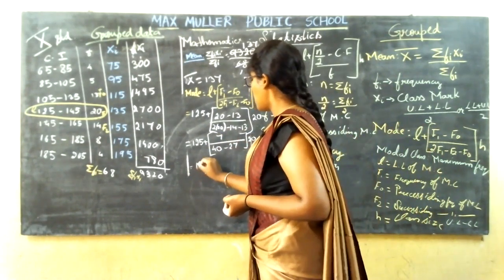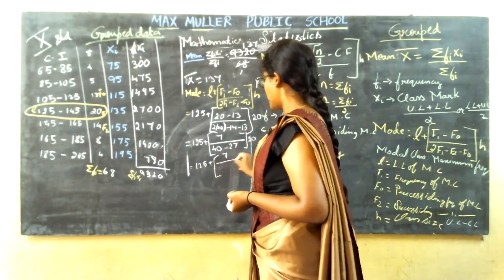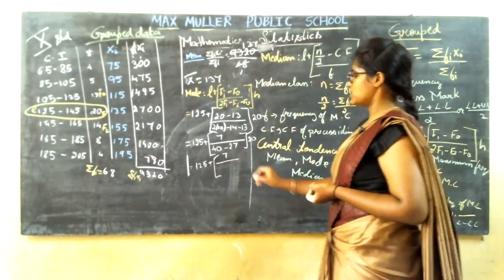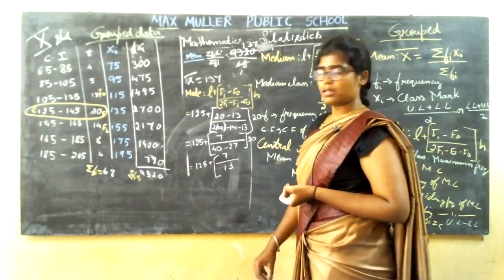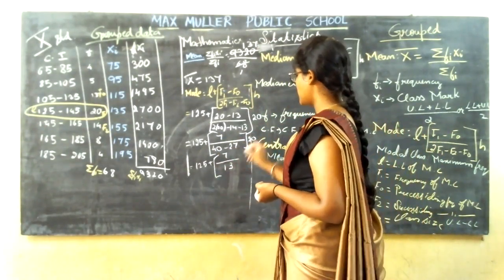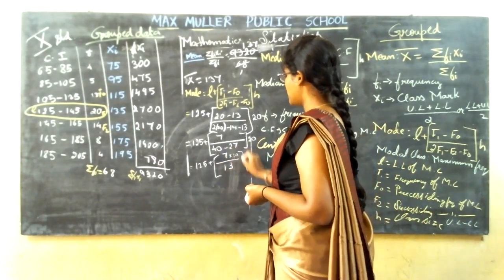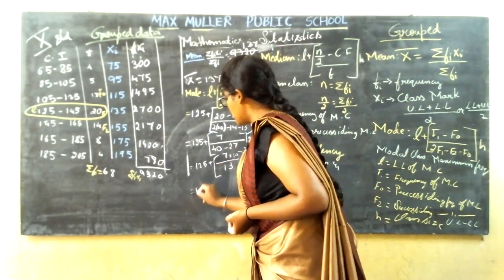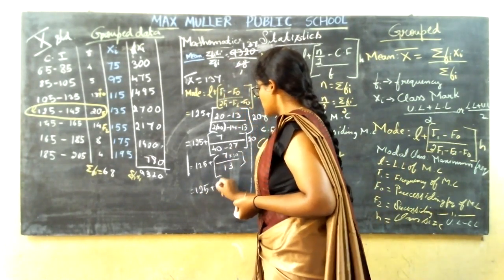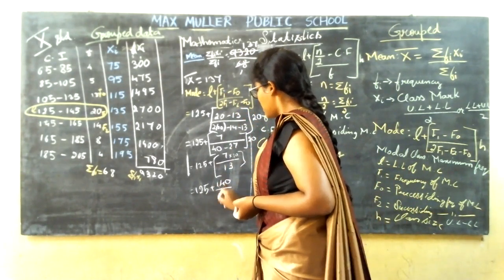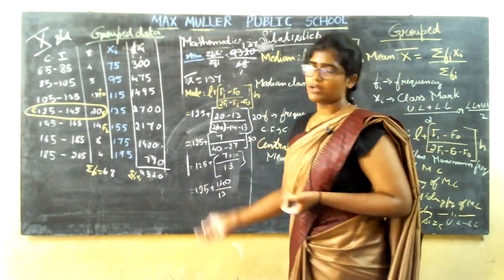Which is equal to 125 plus 7 divided by, in 10 7 goes, it is 3 and then 3 1 2 goes, it is 13, correct? Into 20 is there, let me multiply 20 inside, which will be equal to 125 plus. So 7 20s are 140 divided by 13. You can cancel it here itself. If you want, you can take LCM and do.